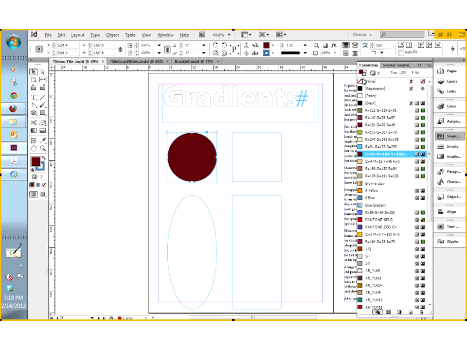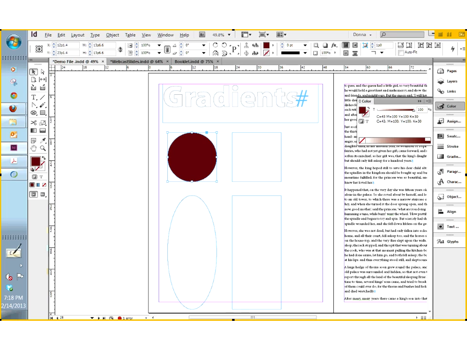And let me take that stroke off, just because I think it'll be clearer to see if it only has a fill and it doesn't have a stroke. So everybody can see there's the fill and the stroke has the red slash through, indicating that there is no stroke on that. I go back to my color box, and if I'm looking at a swatch color, it lets me see